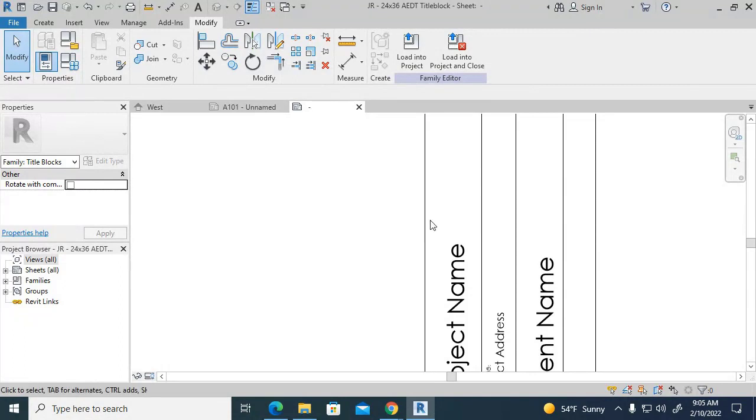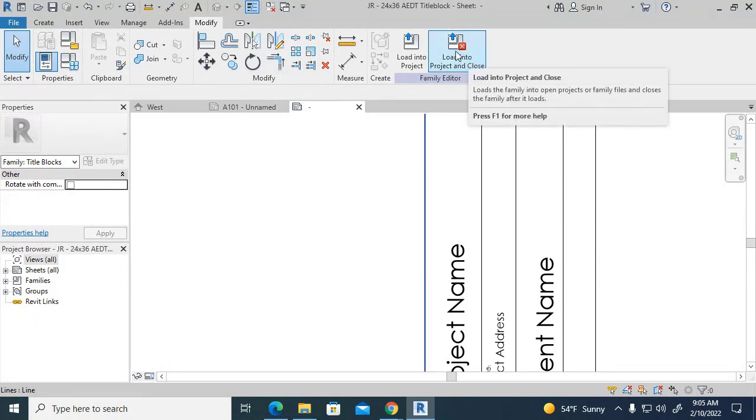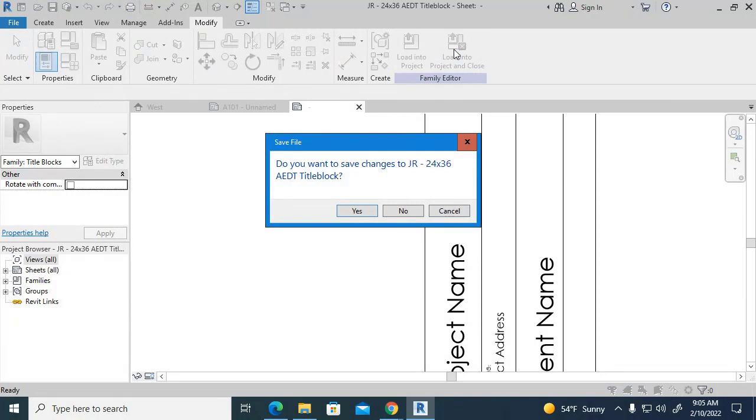Okay, so now that I fixed it, I'm going to load and close. Now, I'm going to load and close, and it's going to ask me, hey, you made changes to the original file. Do you want to update it? I would say yes. That way you don't have to update it next time, unless you get like, I don't know,